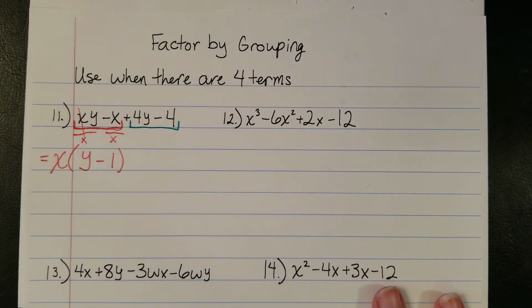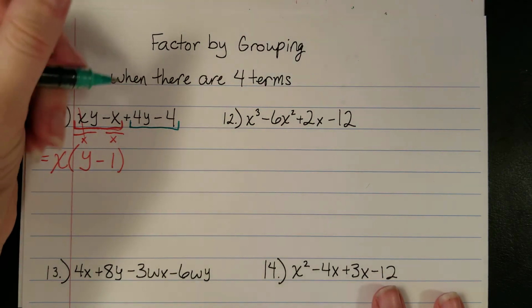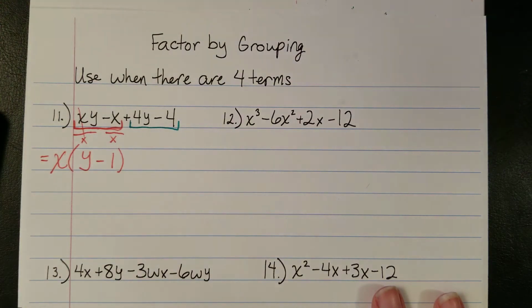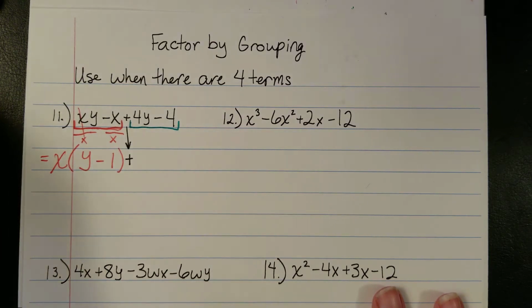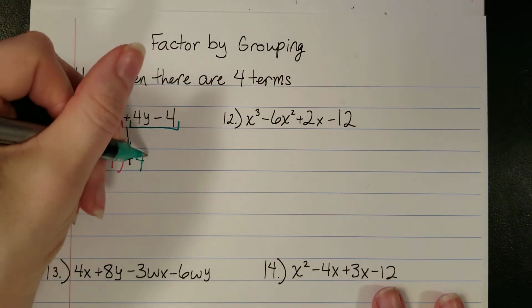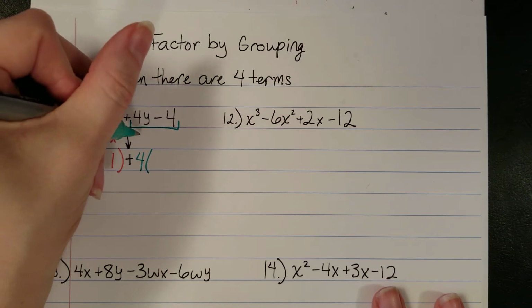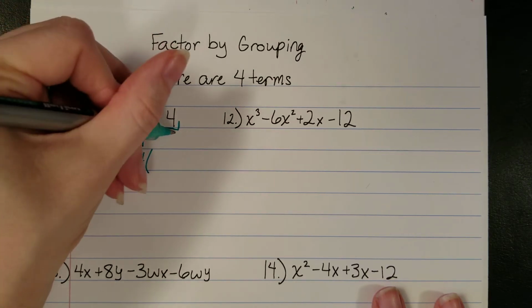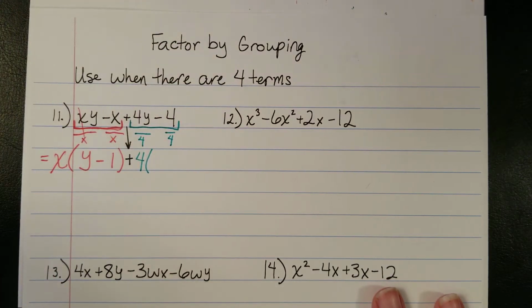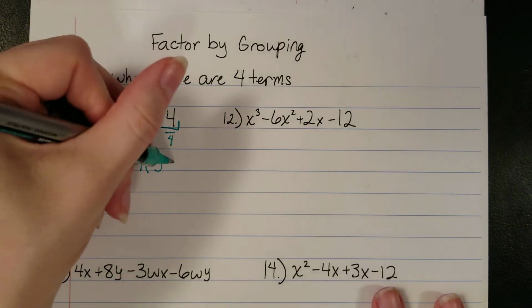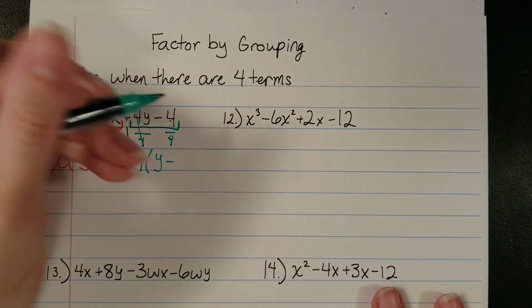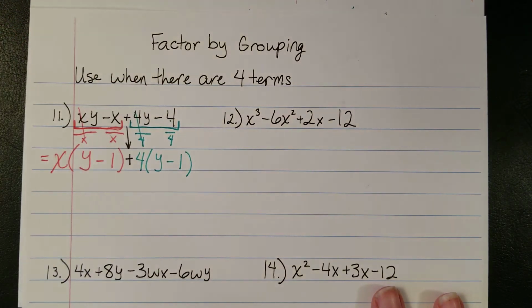And then for the second group, the GCF is 4. So I'm going to bring down the plus. My GCF is 4, so I write that down, open parentheses, and then I divide that term by 4 and that term by 4. So 4 cancels out, it leaves y. Minus 4 divided by 4 is 1. All right, and then